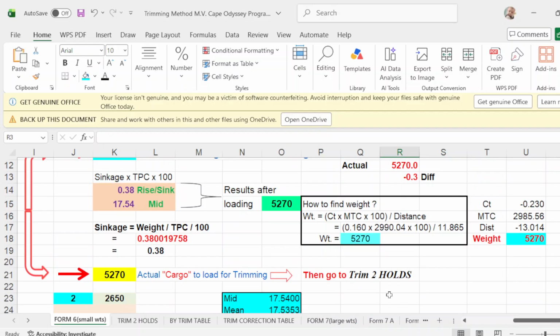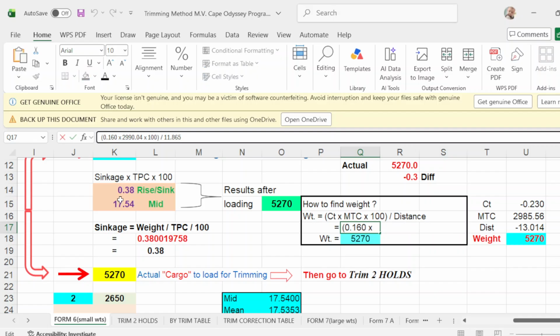13.014. Okay, so this one I can change. Change of trim is 0.23 to 0, this should be 230.